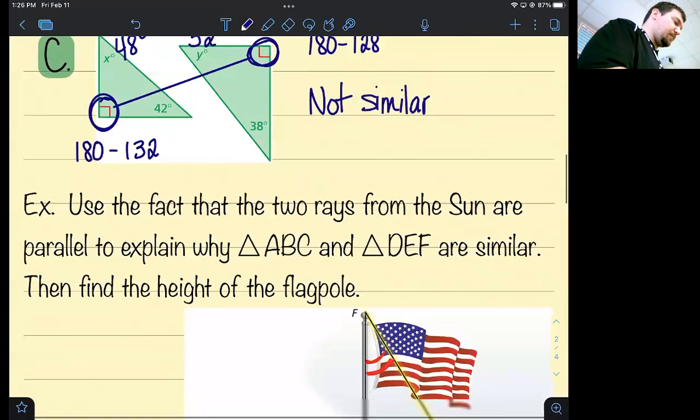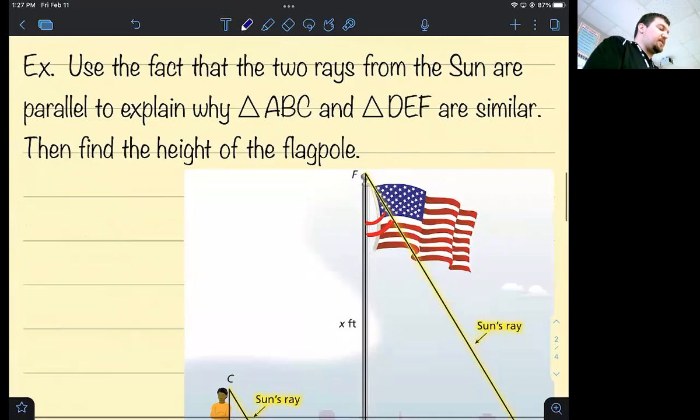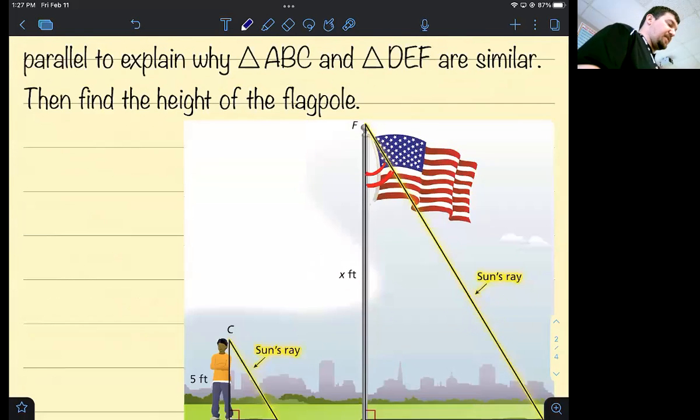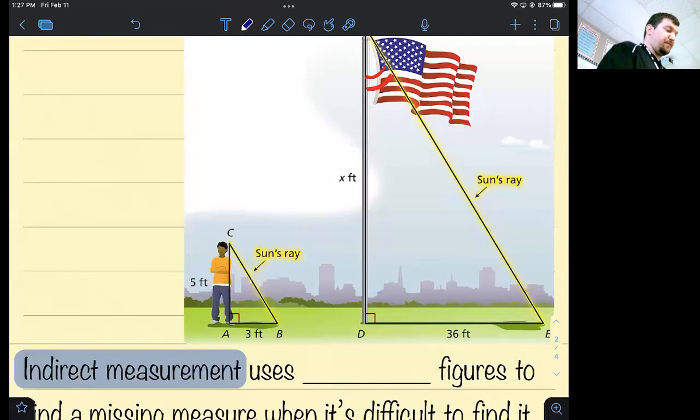All right. Next example says use the fact that two rays from the sun are parallel to explain why triangle ABC and triangle DEF are similar. Then find the height of the flagpole. Oh, we talked about this example yesterday. Well, if the sun's rays are parallel at the same time of day,